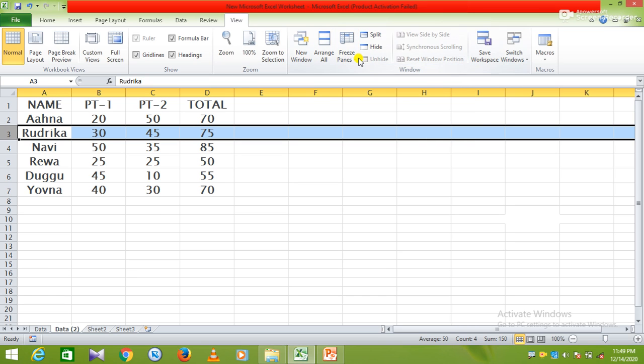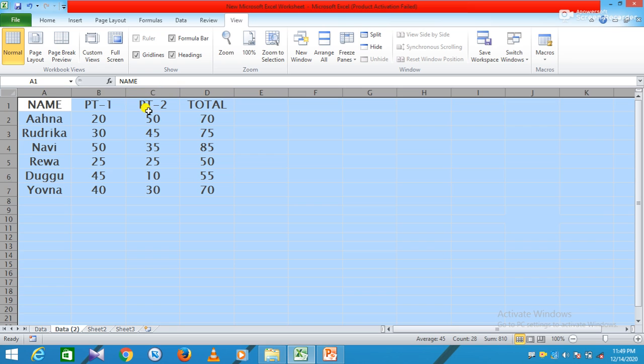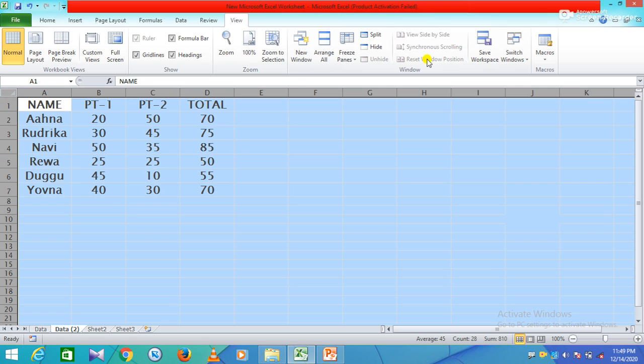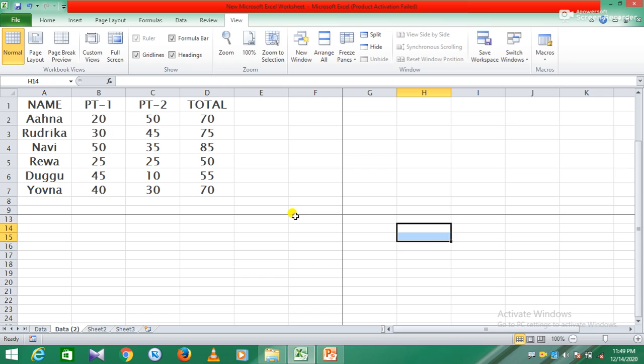First of all unfreeze, then again lock both row and column with Freeze Panes. You can see now, in this way your rows and columns are frozen.